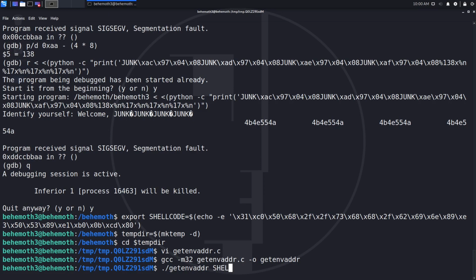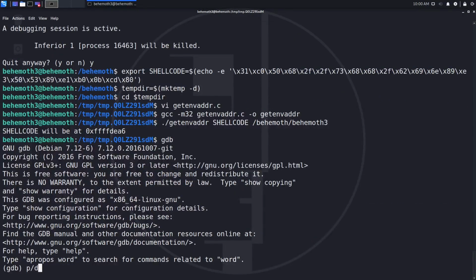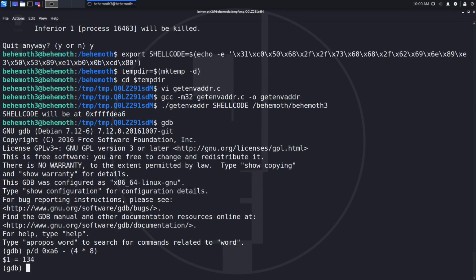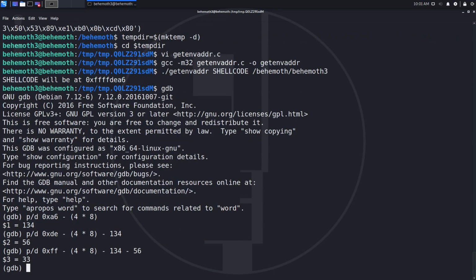Now I can run getEnv_address and see that the address of the env variable when running behemoth3 will be hex FFFFDEA6. With that address in mind, we can recalculate the paddings in our exploit string. We start with the last byte, which is A6, for which we need 134 bytes of padding. Then comes the DE, for which we need 56 characters of padding. The first block of FF needs 33 characters of padding, and for the last block of FF we get 0